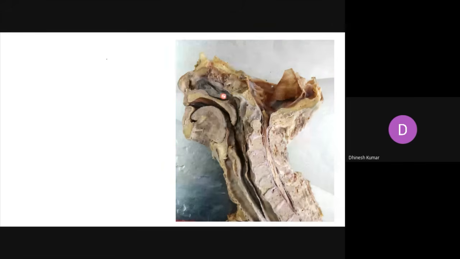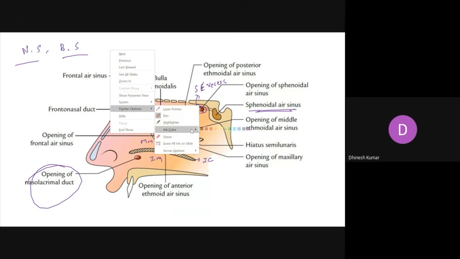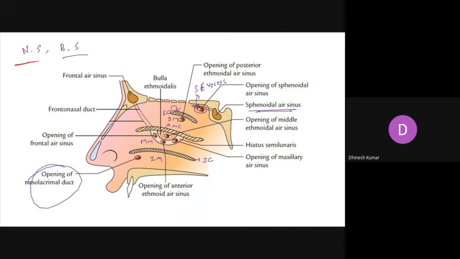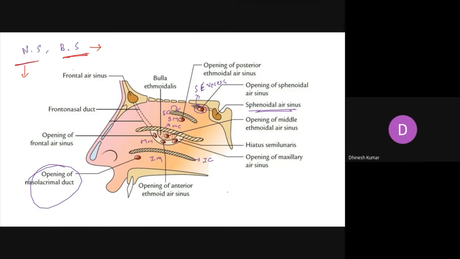Then what about the nerve supply and blood supply of the lateral wall of nose? It is almost similar to the blood supply and nerve supply of nasal septum. So I humbly request you to go through the topic we have discussed already. So the nerve supply and the blood supply of the nasal septum as well as lateral wall of nose is almost similar. Okay, fine. Now coming to the